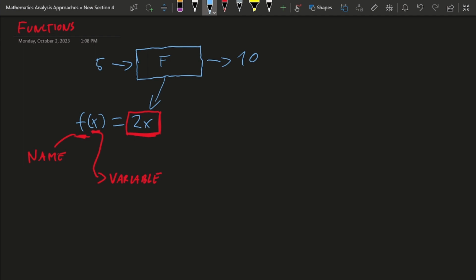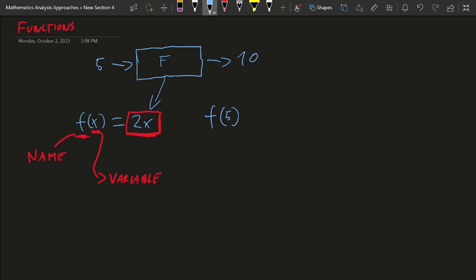Before we start, we should mention that if I substitute this x with a value, then each x in the function is going to change to that number or to that value. So what I did here in this machine was to substitute x in this f of x to 5,